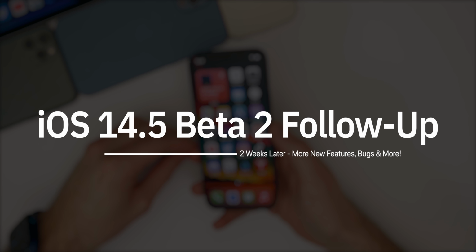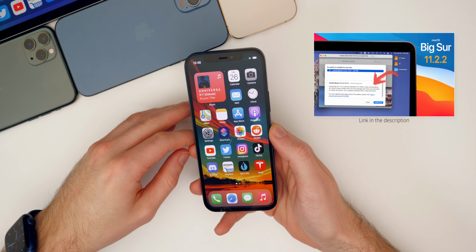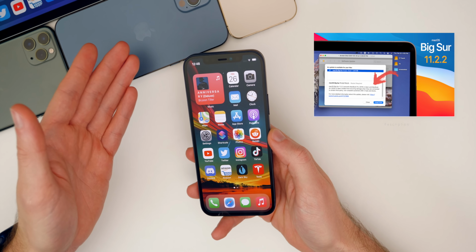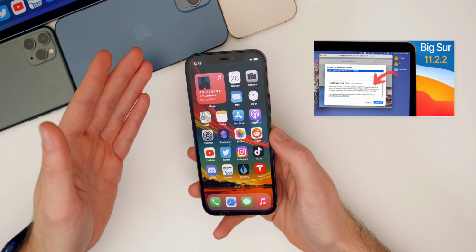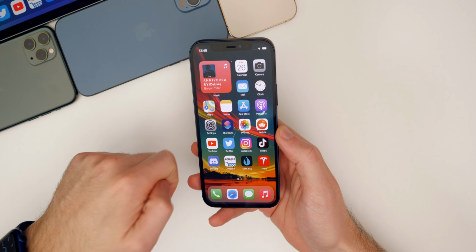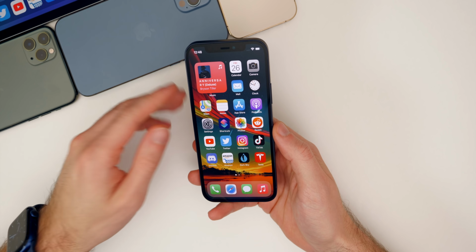But anyways, as you guys saw in my video on Thursday, Apple did also release a new version of macOS Big Sur, version 11.2.2, but that was it. No other software was released by Apple the entire week, which is why we can expect to see new beta updates resuming next week. All right, so let's go ahead and talk about how the second beta has been treating me